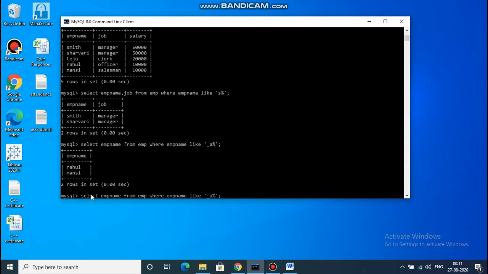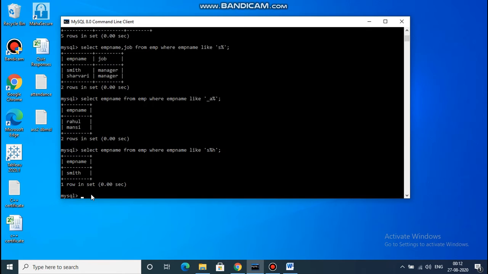Select emp name from employee where emp name like S, percent, then the second character H. You can see here the names started with S and ended with H. So this displays employee names that begin with S and end with H.